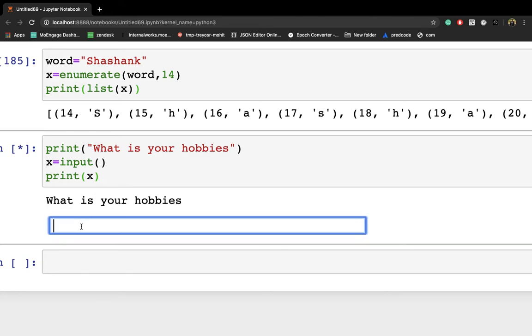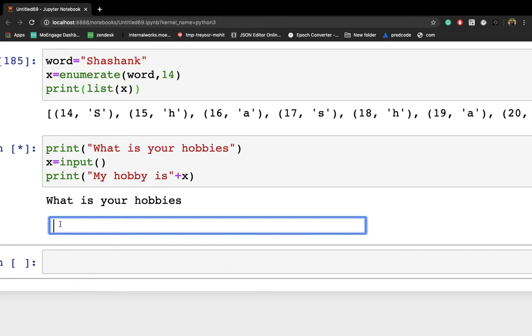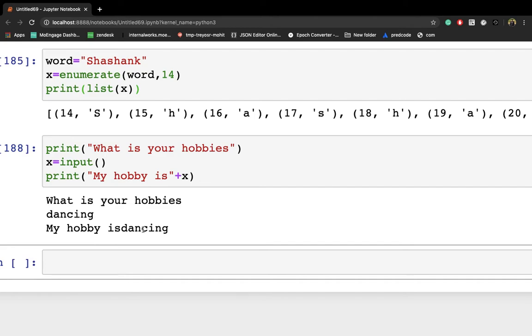enter here. So let's say I'm writing here playing football, just mentioning. So playing football, right? Here you can write it like my hobby is dancing, that's it.